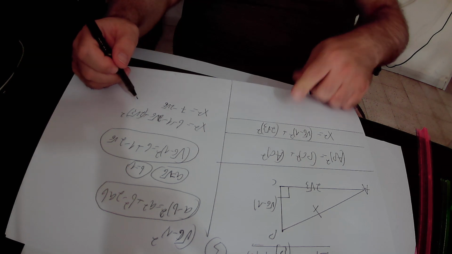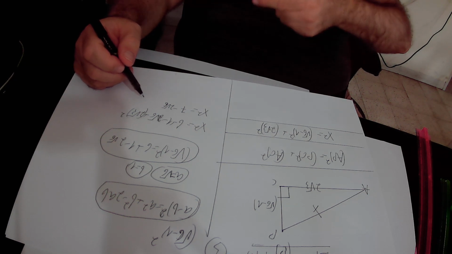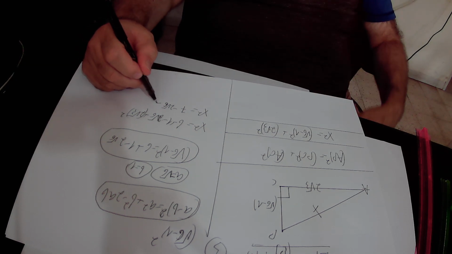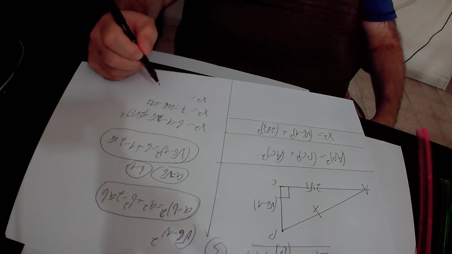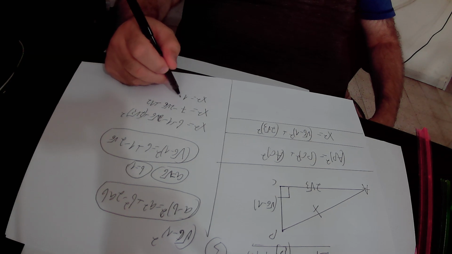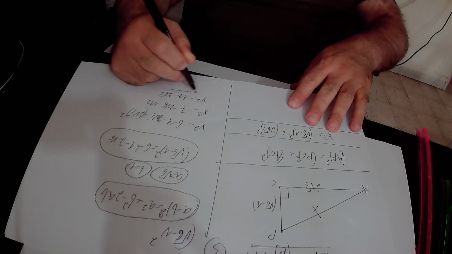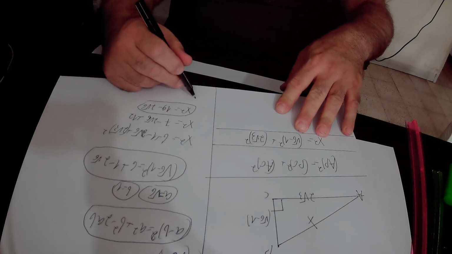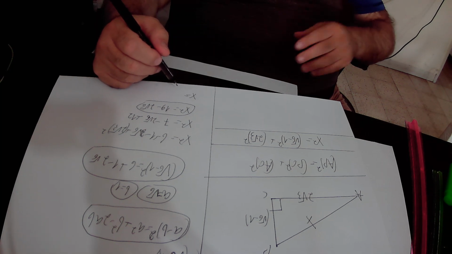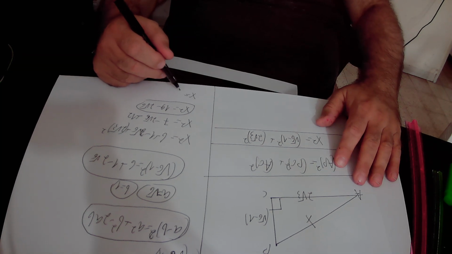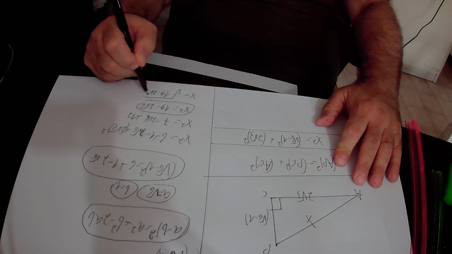and 2 times the square root of 3 squared is 2 squared, that is 4, times the square root of 3 squared, that is 3. 4 times 3 is 12, so plus 12. In conclusion, we found out that X squared equals 7 plus 12, that is 19, minus 2 times the square root of 6. Here we take the root of this equation, and we get X, the line segment that we are looking for, equal to the square root of 19 minus 2 times the square root of 6,